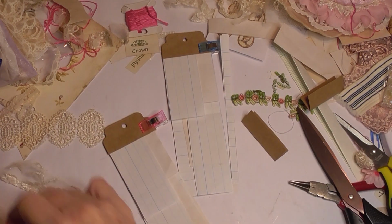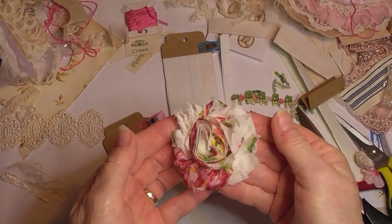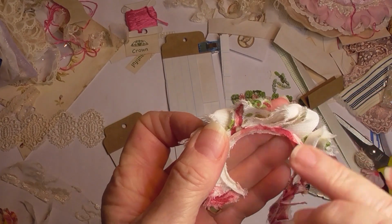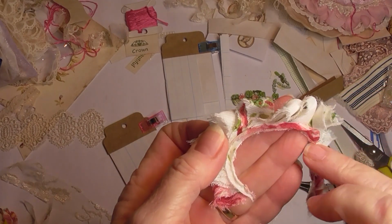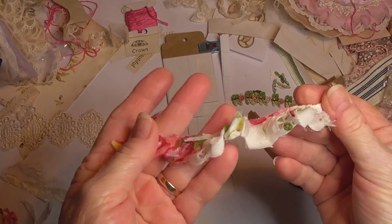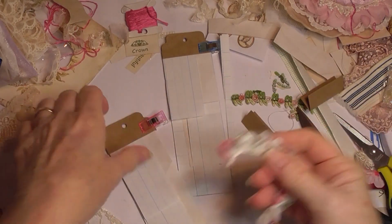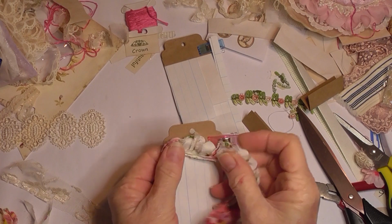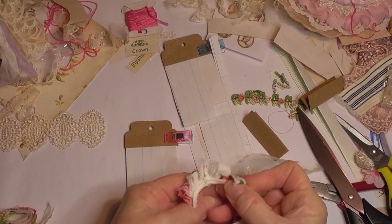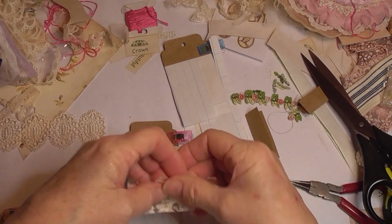And then what I thought I would do, I had this rosette flower, and I've just cut the edge part off. I cut on the opposite side of the stitching, so I've got a little rim, so it still holds it all together, and it's so pretty. So I thought I might use that a little bit across the top there, with a bit of the lace on it as well. So just cut that in half,